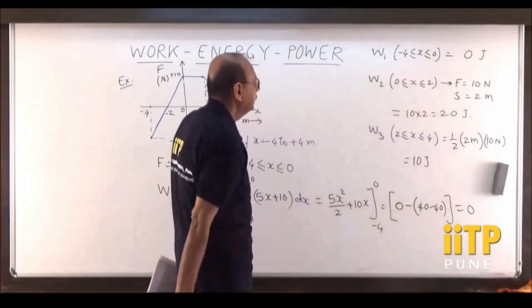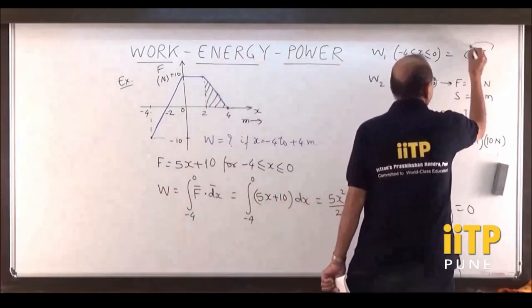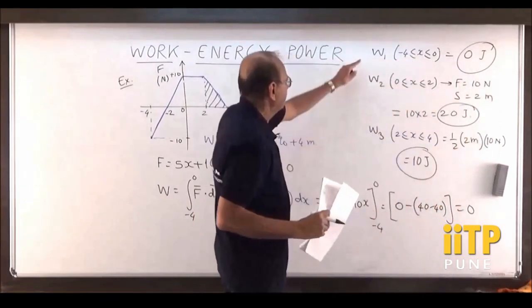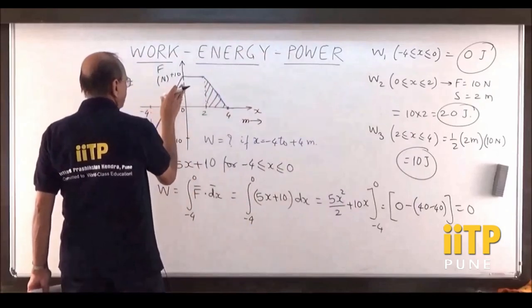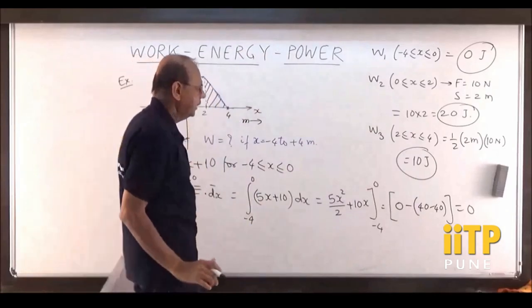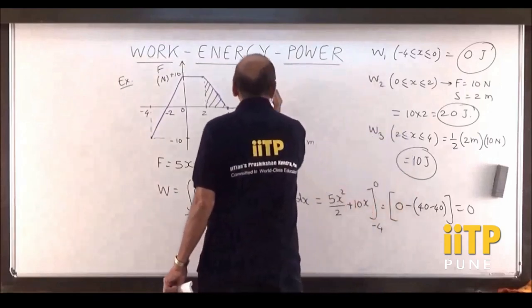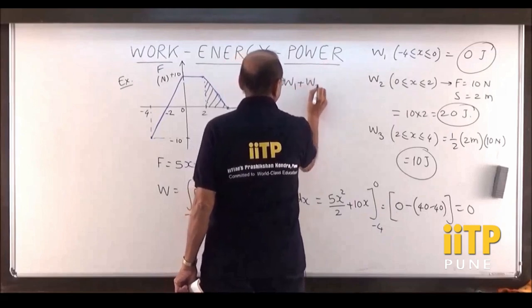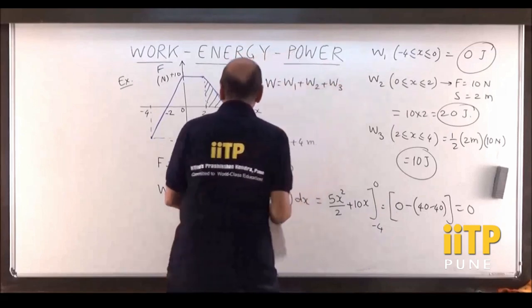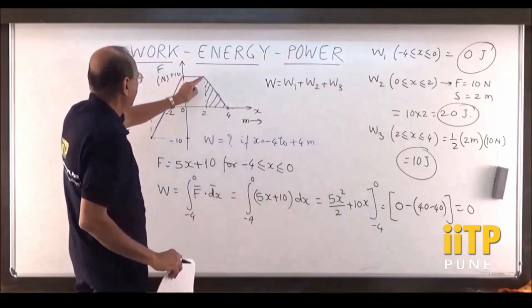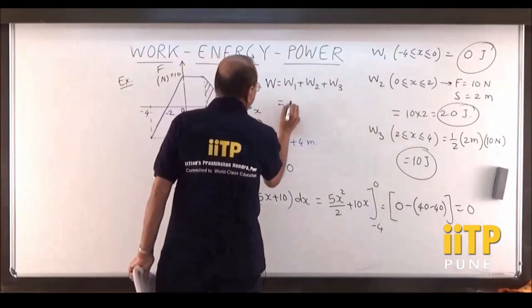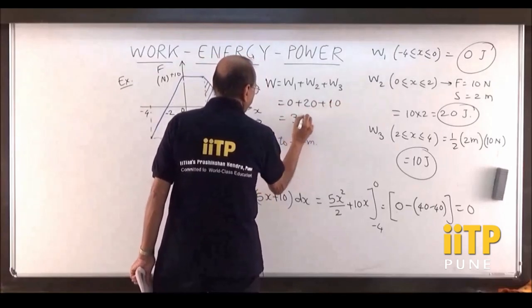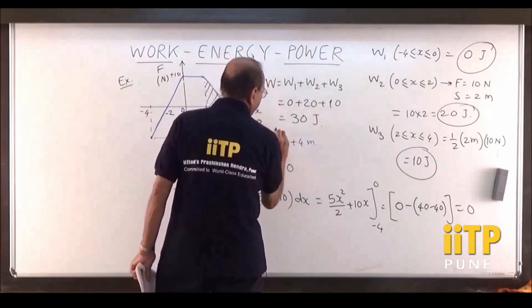And therefore I get 3 different values. One is 0 joules, 20 joules and 10 joules, as the 3, W1 plus W2 plus W3. This is 0 joules, 20 joules, 10 joules, and therefore naturally anybody can say total work done W1 plus W2 plus W3 for the 3 straight line parts of the graph, and the answer is obviously equal to 0 plus 20 plus 10 is equal to 30 joules. So I get the answer